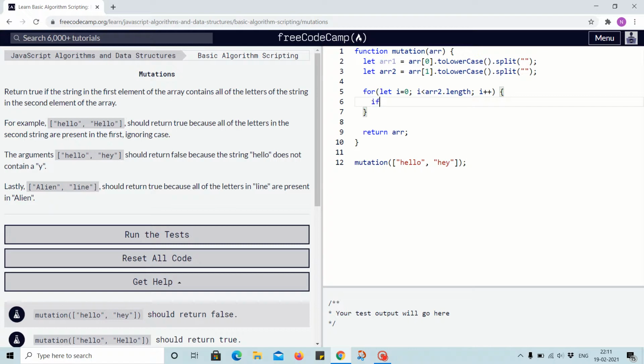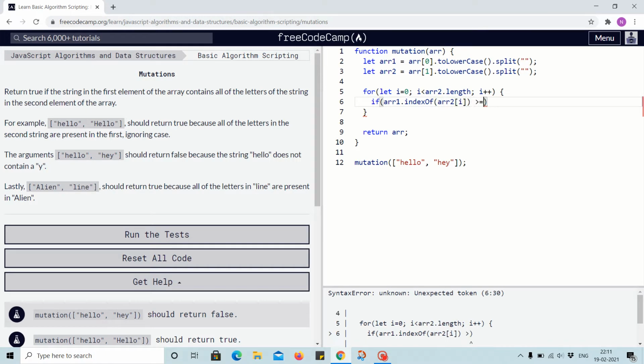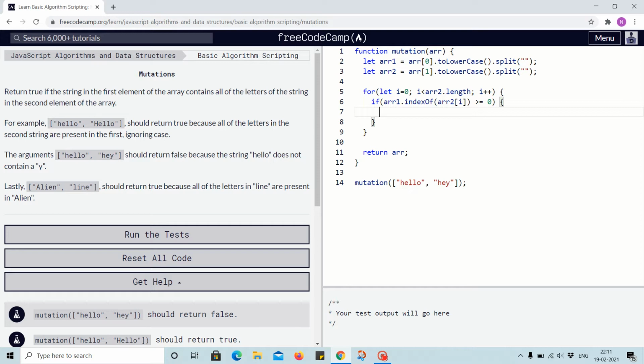and afterward, if arr1 dot indexOf arr2[i] is greater than or equal to 0, instead of this, less than 0, then return false, else return true. Let's run the tests,